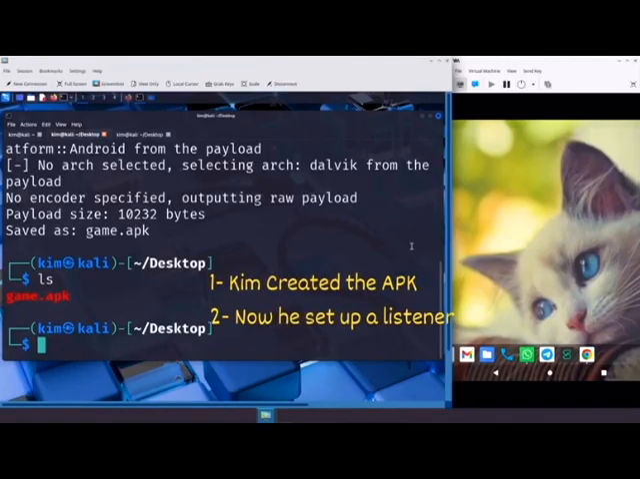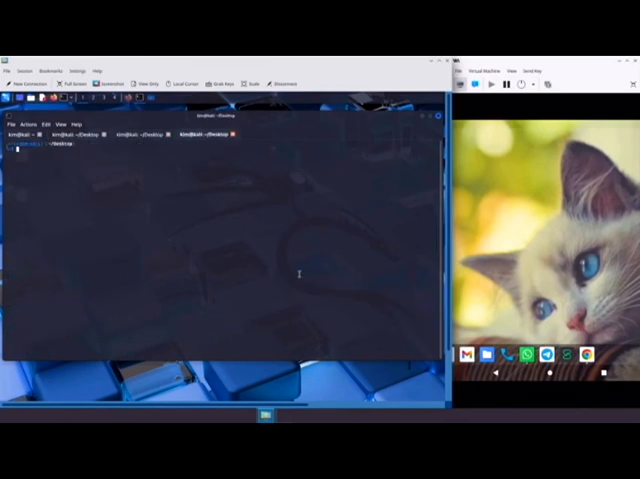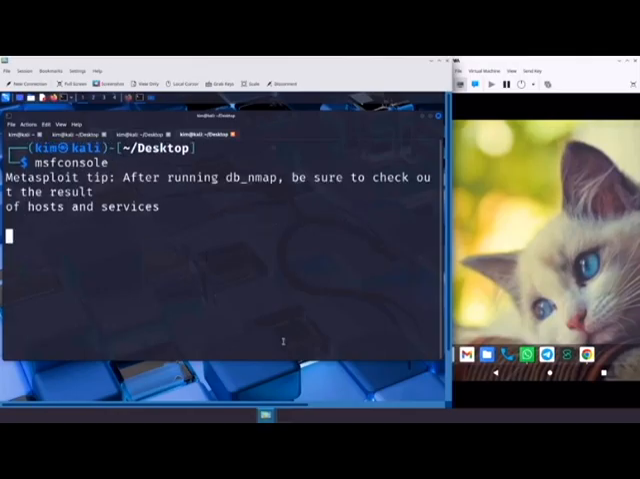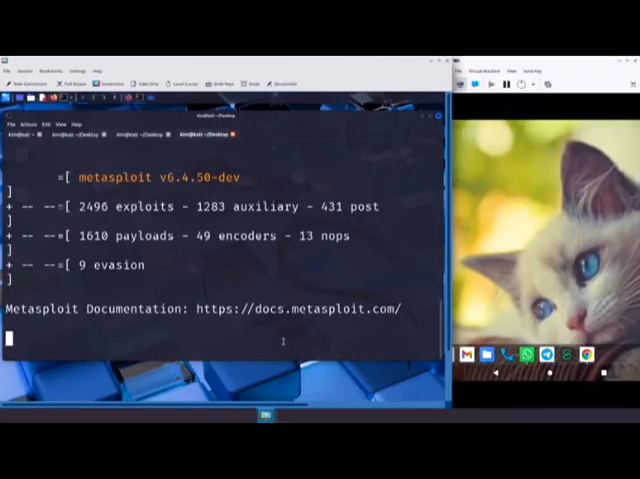But first, he needs to set up a listener, like a walkie-talkie waiting for the victim's response. This listener will be ready and waiting for the reverse shell to connect back the moment Sally clicks on the file. Kim uses the Metasploit framework for this. He opens a new terminal and types msfconsole. This launches the Metasploit main interface, where he can configure the listener to wait for the connection from Sally's Android